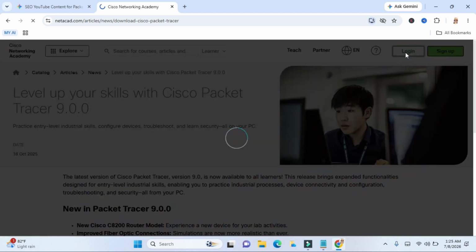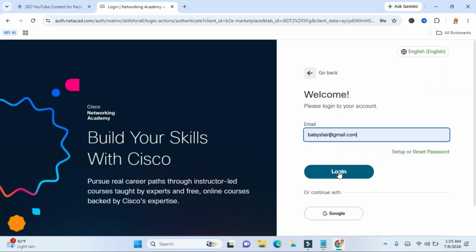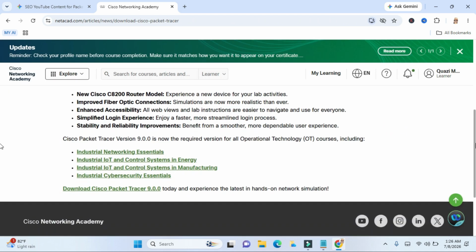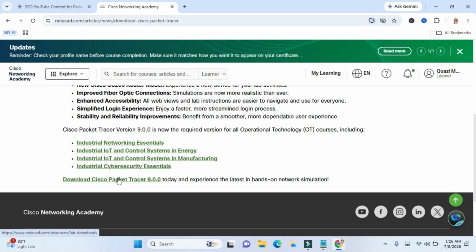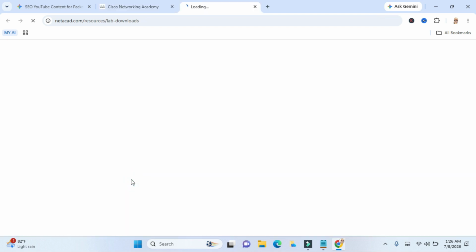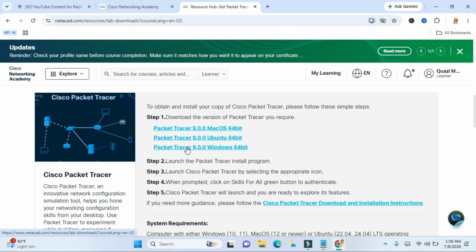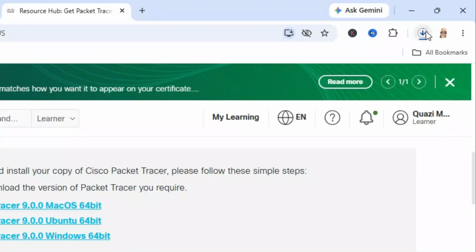Click on Login. Type the email address, then click on Login. Then type your password, then click on Login. Scroll down now. You will find a link, download Cisco Packet Tracer 9.0.0. Click on this link. Scroll down again and you will find Packet Tracer 9.0.0 Windows 64. Click on this link. Download is started